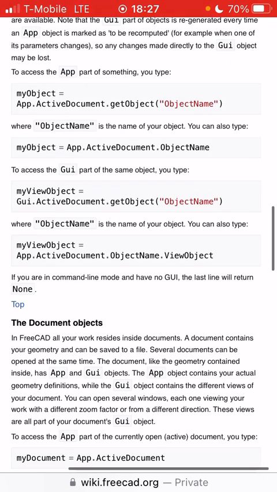To access the App part of something, you type myObject = App.ActiveDocument.getObject("ObjectName"), where ObjectName is the name of your object. You can also type myObject =